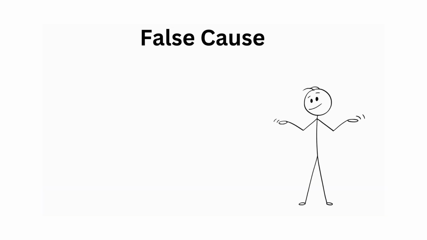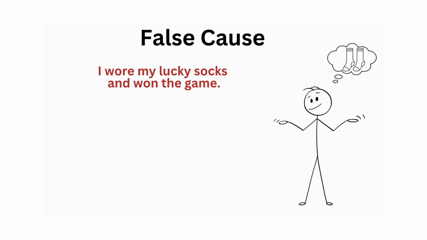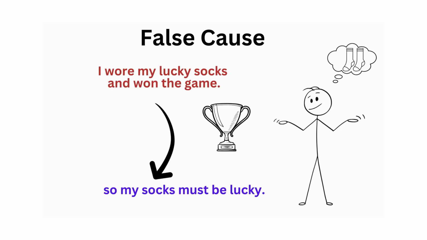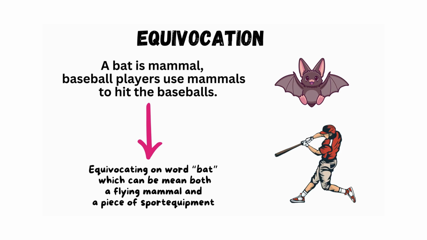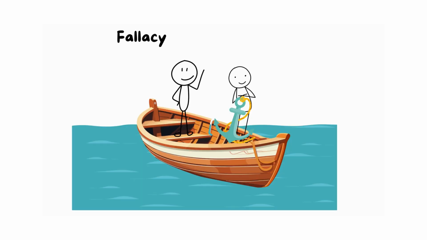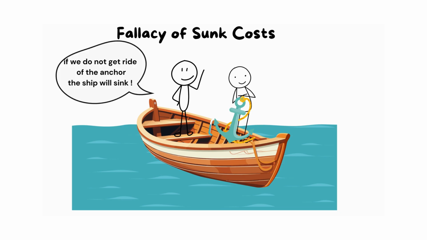False cause. This happens when someone mistakenly assumes that because two events happen simultaneously or in sequence, one must have caused the other. Equivocation. This occurs when the meaning of a key term changes in the course of an argument. Fallacy of sunk costs. This occurs when someone continues with a course of action because of previously invested resources, such